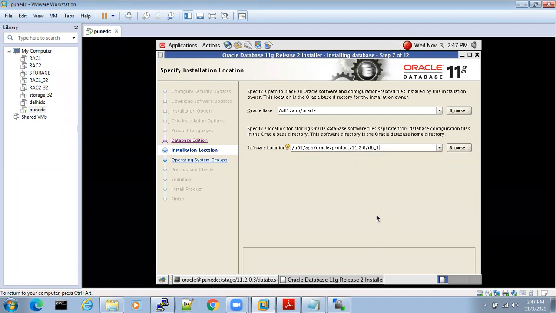Understood this point, everyone? Yes. Yes, sir. We need to upgrade the database from 11.1 to 11.2. So to upgrade, first we need to install the software. So that is what I'm doing. So we are installing the software. Now which software are we installing? 11.2. So my software is getting installed in /u01/app/oracle/product/11.2.0/db_1. So you just give Alt N.